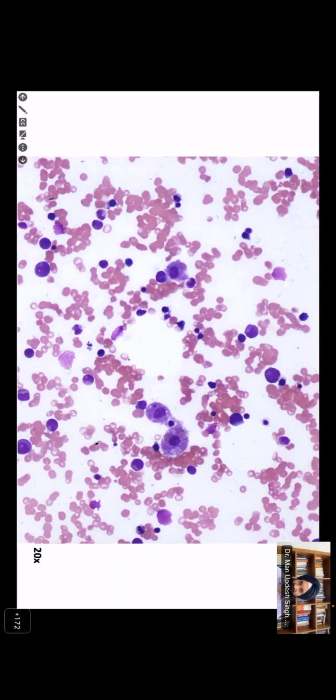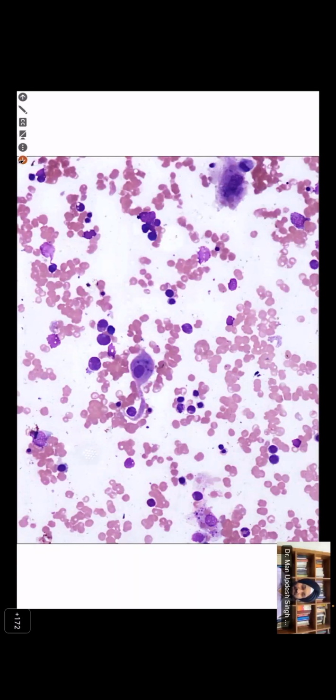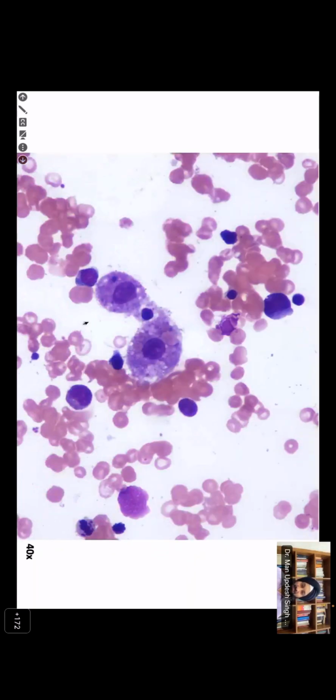So histiocytes, I could say, macrophages, engulfing RBCs. Okay, good. Again, probably the same. This photograph was not given to you. This one is, I would say, rather trying to capture this cell. So on high power, rightly described, there are RBCs inside the cytoplasm. They are sort of very angry looking, large, swelled up